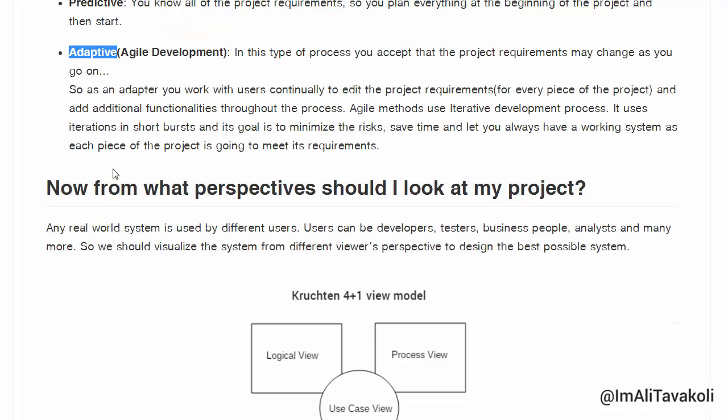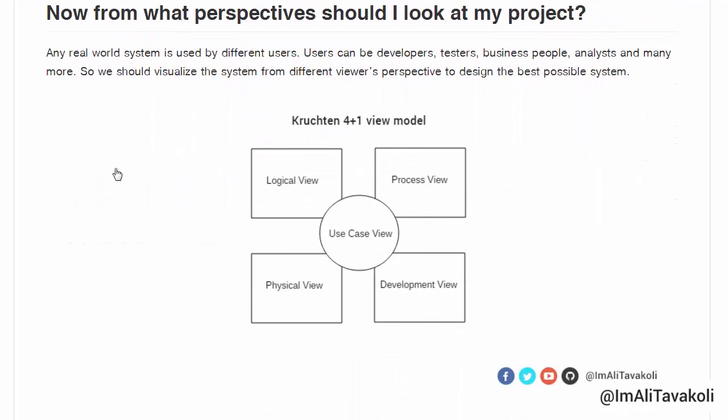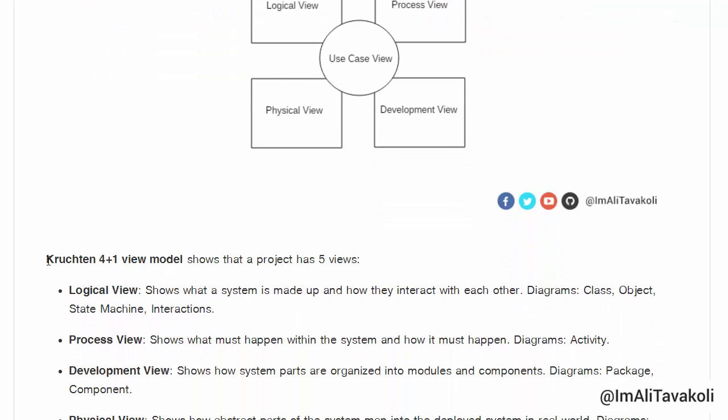Now, from what perspectives should I look at my project? Well, any real-world system is used by different users, developers, testers, business people, etc. So, to build a better product, we should visualize the system from different perspectives. So, we should view our project from the logical view, process view, physical view, development view, and the most important one, use case view. So, we have Kruchten's 4+1 view model, which shows our project from 5